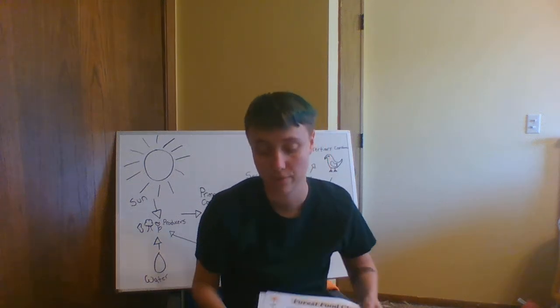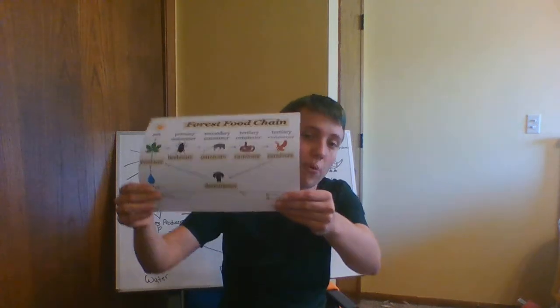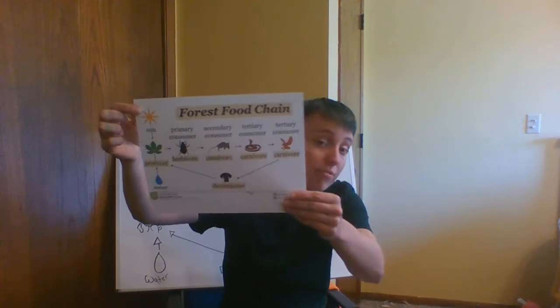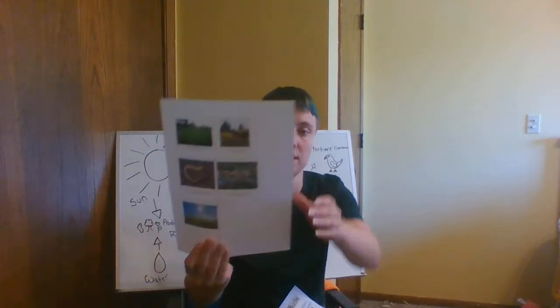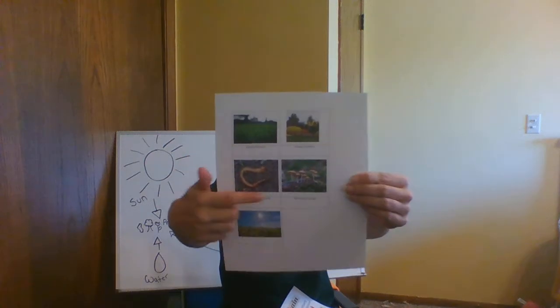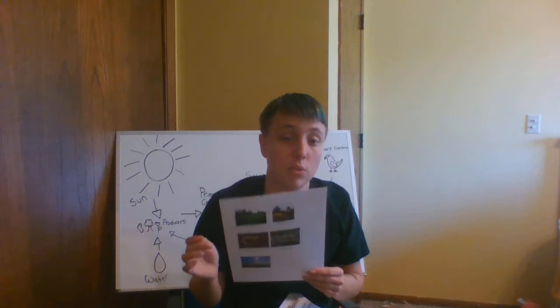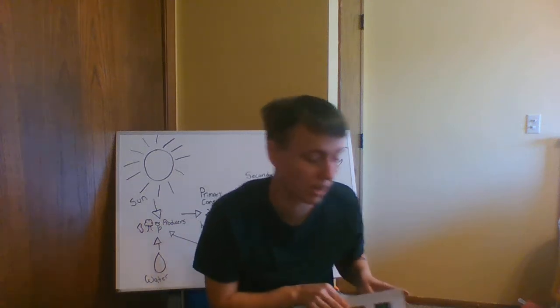So, you guys have a couple of handouts with your stuff this week. You have this one, which says Forest Food Chain, that you can follow along on when I get to my whiteboard here. And you have this here that is a couple different primary producers, or decomposers, and the sun. So in the end, what we're going to do, once you guys are done with your biome work, you're going to use